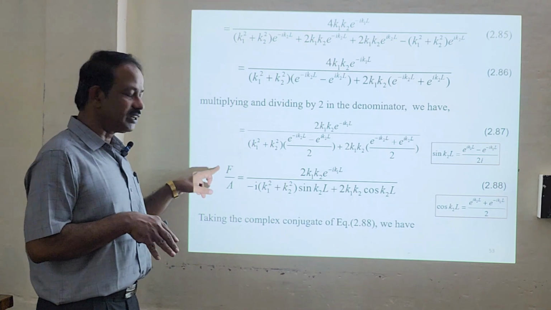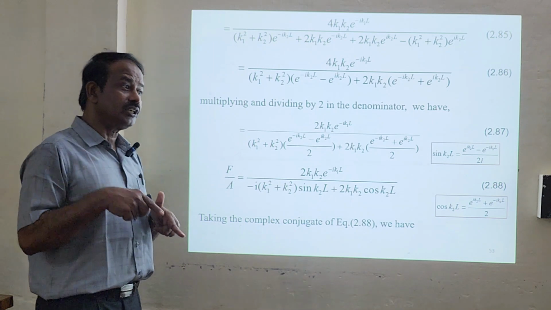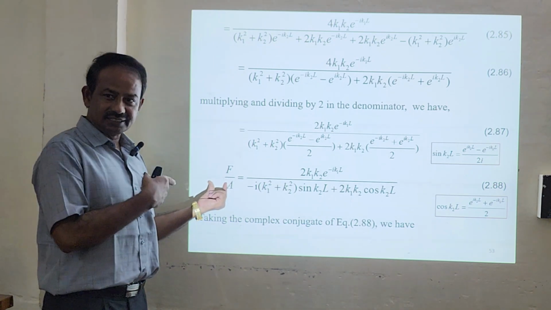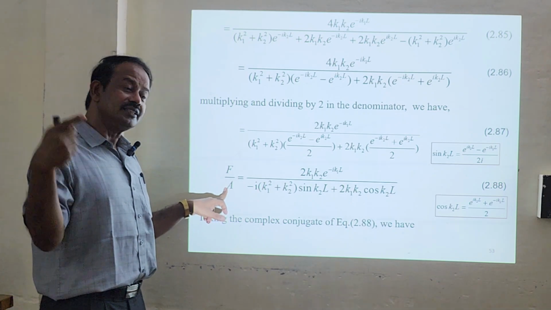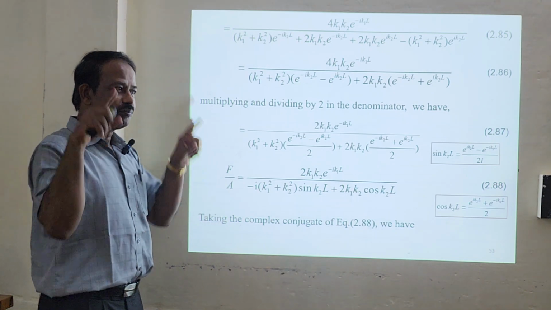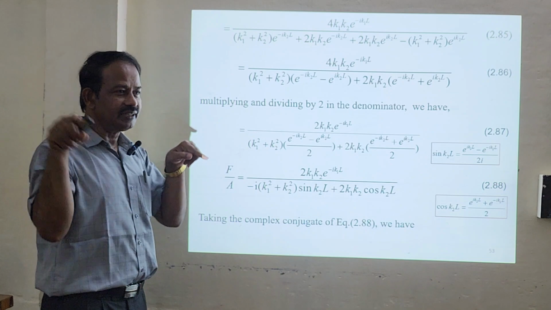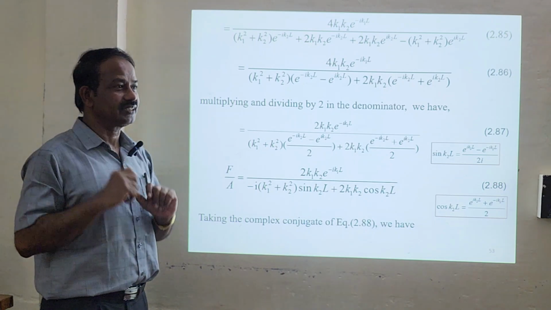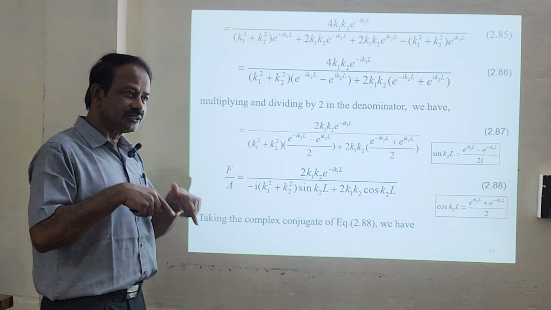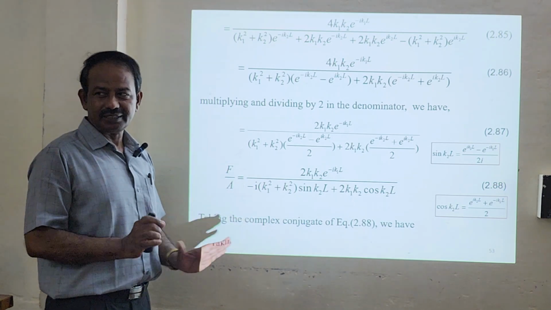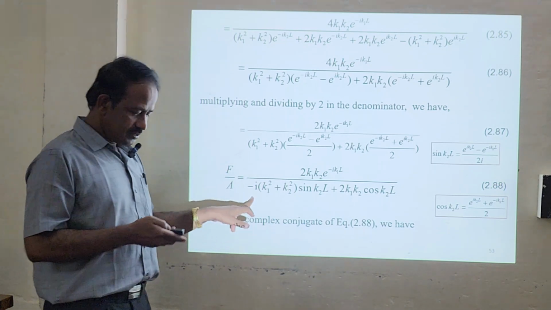The complete expression for f by a. The square of the transmission coefficient, as we discussed earlier, is nothing but f by a multiplied by its complex conjugate, modulus of f square divided by modulus of a square. So we will have to take the complex conjugate, multiply, and take the square root, that will give you your t. So that is the answer. Now we are going to take the